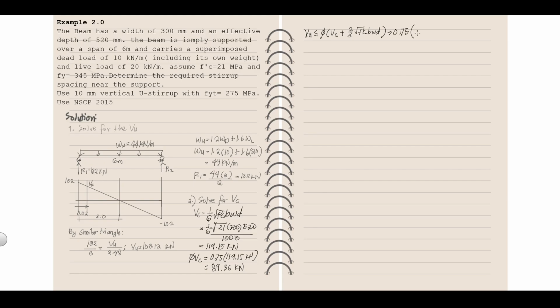Quantity VC. Okay, what is VC? 119.15 plus 2/3 of square root of F prime C, which is 21 times BW, which is 300 times 520. Take note sa part na to, we need to divide this by 1,000, kasi itong VC na to na nilagay natin is in kilonewton. Samantalang pag hindi natin dinivide ng 1,000 to, in Newton pa rin. So, dapat parehas sila before we add it. So, we divide it by 1,000 here. So, we will get the value of